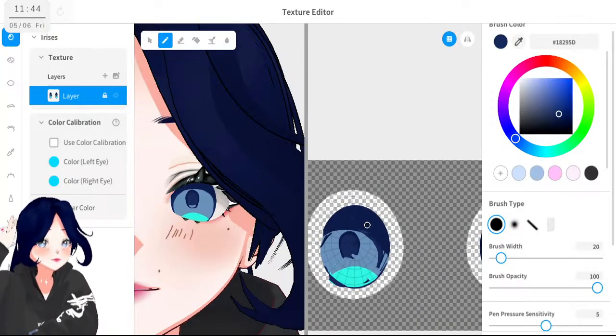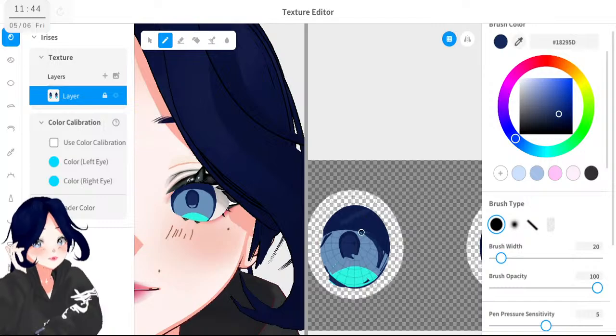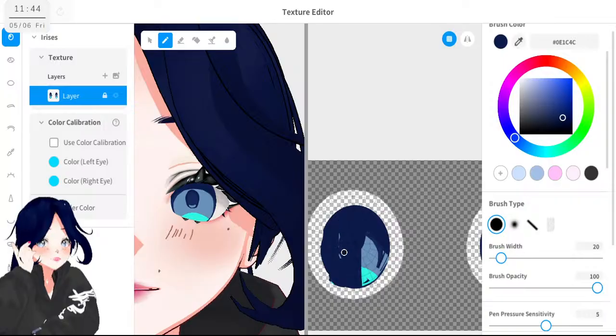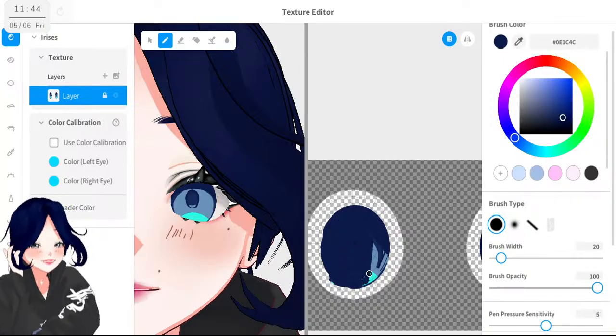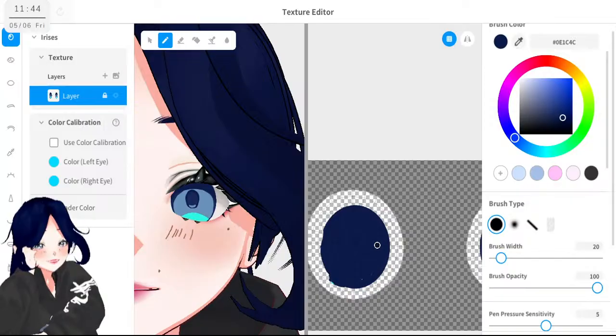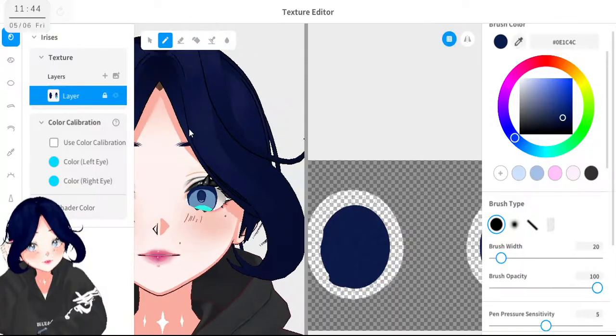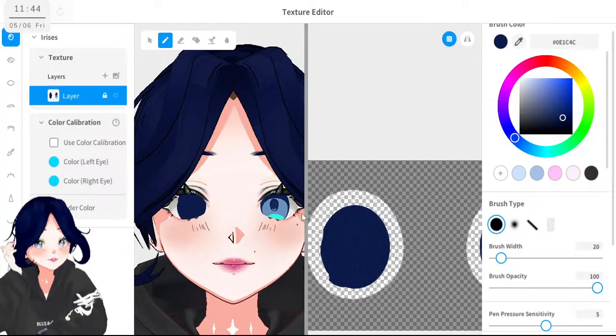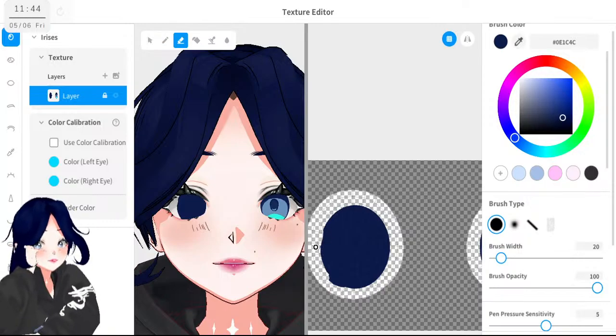Here. So let's paint all of this in this color. Okay. At least the part that is a little...